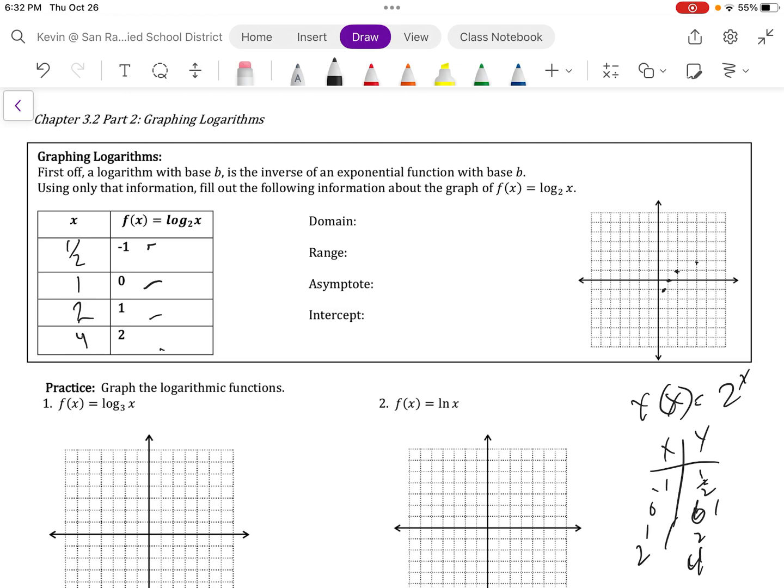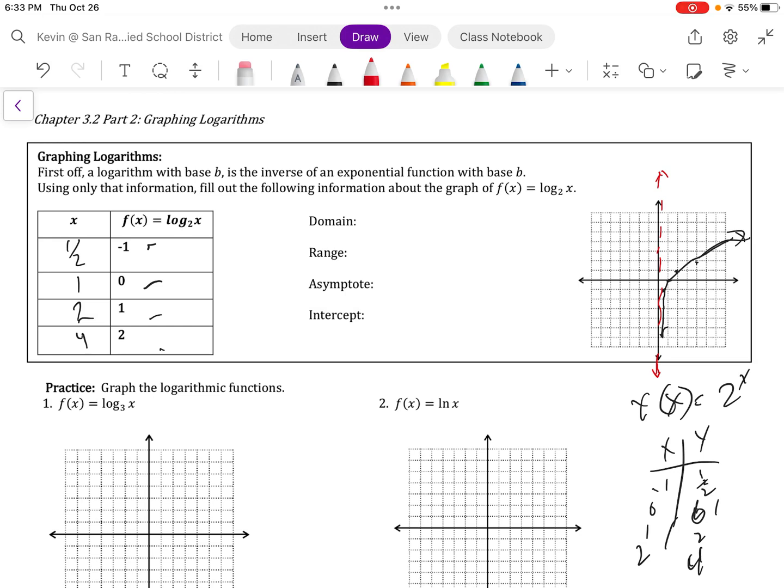So we have something that looks like this. And here is my vertical asymptote. So whereas the exponential graph 2 to the x had a horizontal asymptote at y equals 0,